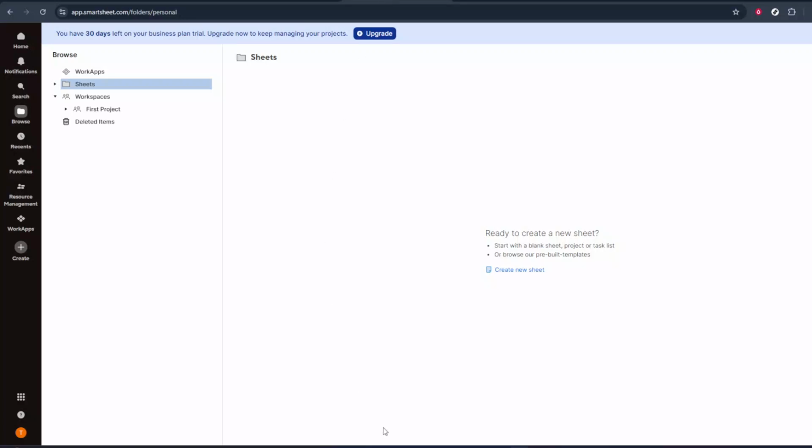In today's video, I'm going to teach you how to create a group in Smartsheet. Creating groups is a great way to manage permissions, share sheets with multiple people at once, and keep your workspace organized, especially if you work with teams or departments that need the same access. I'll walk you through the process step by step, and by the end, you'll be able to set up a